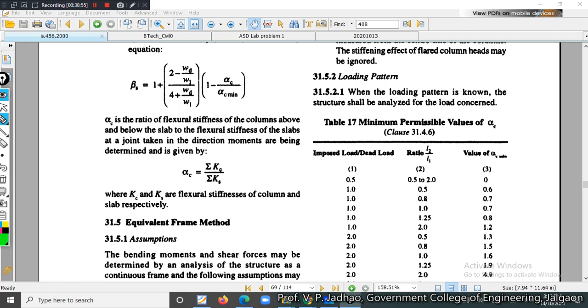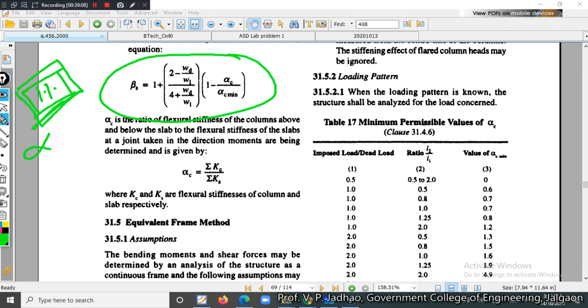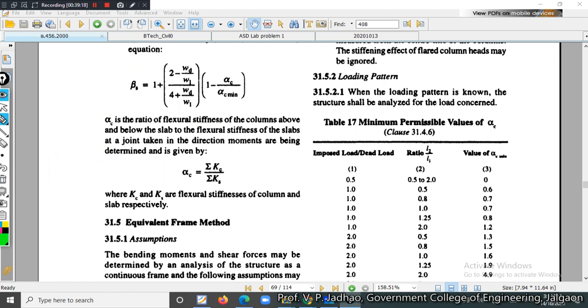Okay, generally for the problem we are solving, we will get the value of this beta s as almost only 1%, which is negligible. Therefore for such problems, even if you don't calculate the value of alpha c minimum, then also there is no problem. But in some problems, from the field point of view, if this value will be more than 5% or 10%, then you have to go for modifying the bending moments. Therefore as far as possible, if time permits, go for step number 3 and 4.